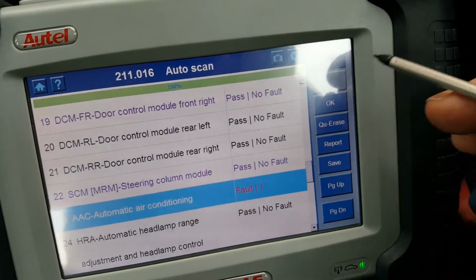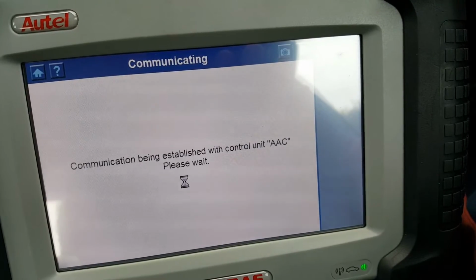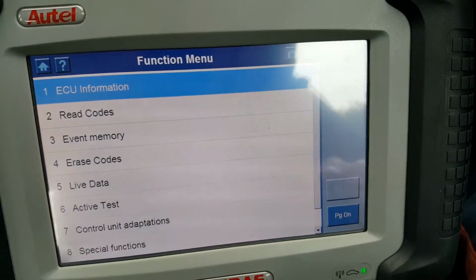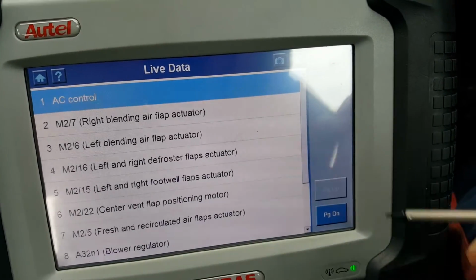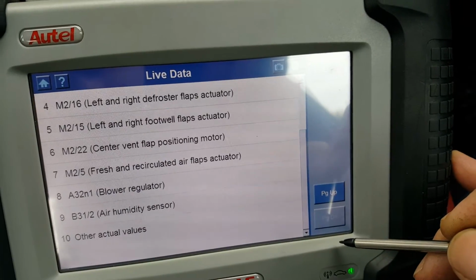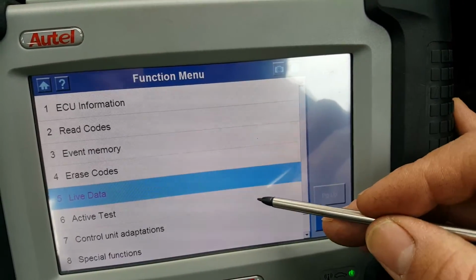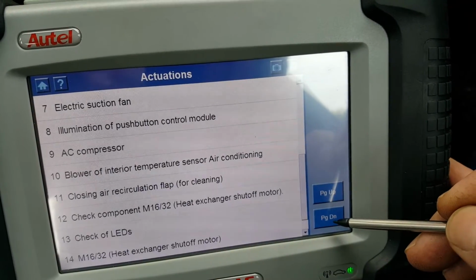Air conditioning. Live data. Active tests. So you can move all the flaps